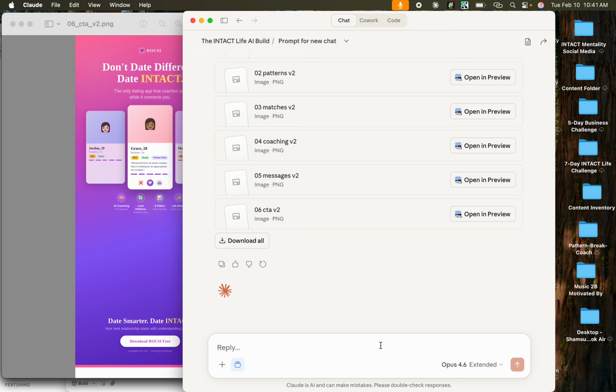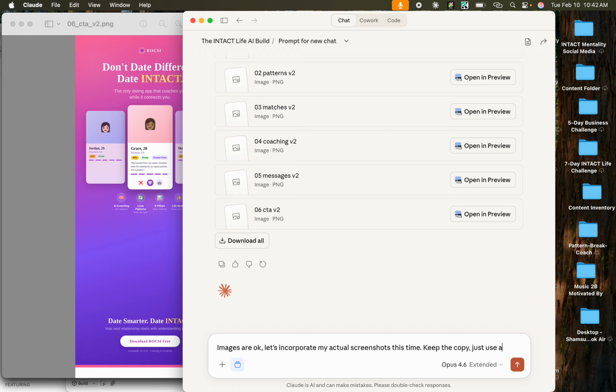Let's do this. I'll play with this a little bit more. Let me see if I get one more prompt. Images are okay. Let's incorporate my actual screenshots this time. Keep the copy.